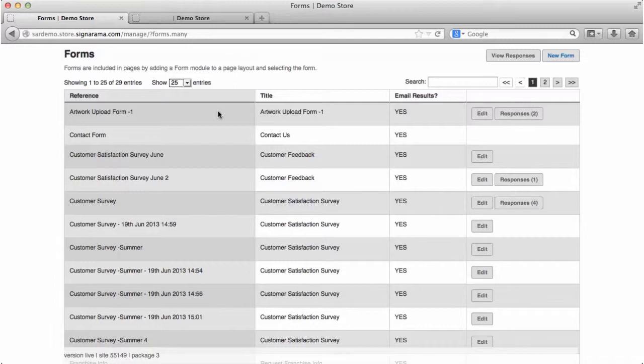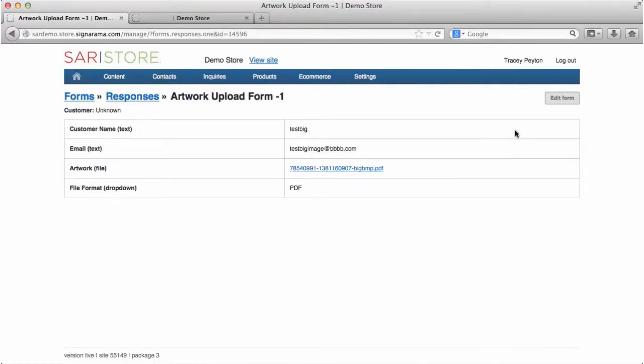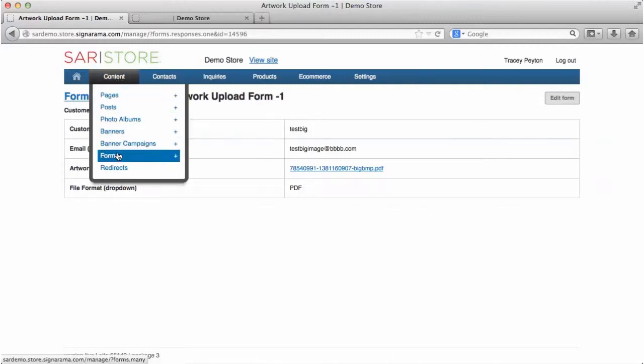You can see that I've created an upload artwork form, and you can edit that, as well as see the responses for that form. If I click on Responses, I can see the 2 responses that I have for that artwork upload form. Then I can actually view that response and see the customer, the email, and the artwork file. Now, if I go back to Content and Forms,